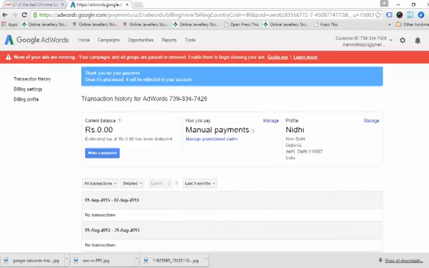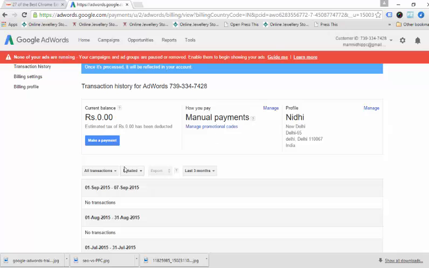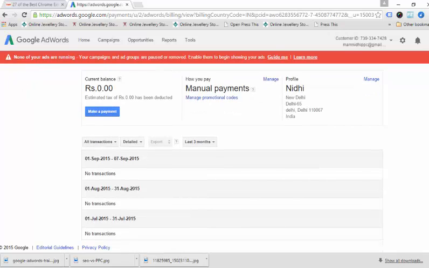Since I cancelled, you will get this type of screen. I just selected how much amount I would transfer. Since I have not made any payment, it is showing the current balance, that is 0, and the mode of payment is manual payment because I had selected manual payment, and then it is showing my details. Later on, if you enter your money and then start a campaign, you will get the details of all the transactions on this particular screen. So this was how we can do the billing. Since it's a paid advertisement, the money transfer is mandatory. You have to transfer the money to your Google AdWords account, only then can you run your campaigns.